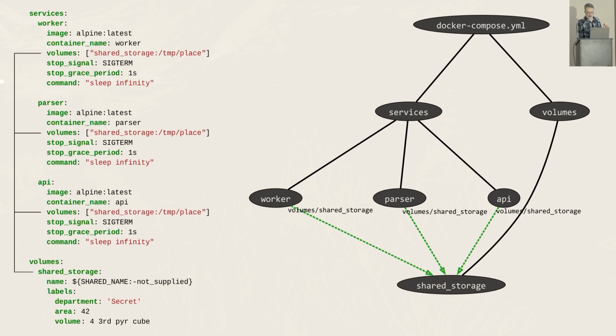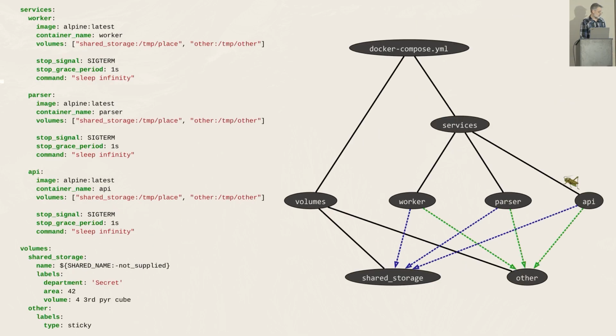Well, if you look over here, they've been cunningly hidden inside of strings, because that shared storage over there refers to this shared storage over here. And there are 3 of those references. That's what I've put in the diagram. They all refer to the shared storage. The shared storage is a thing called a volume. You can put values in it. You can have as many volumes as you want in a Docker Compose file. And here's another example with 2 volumes.